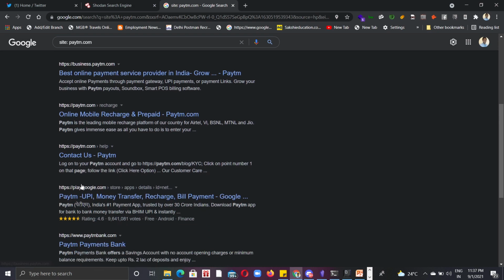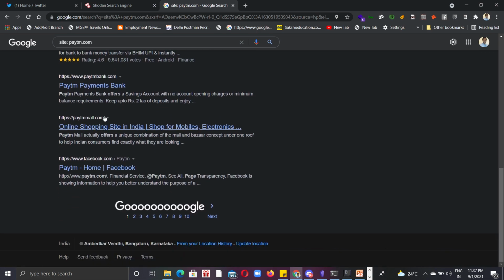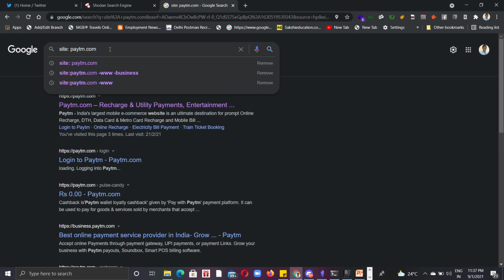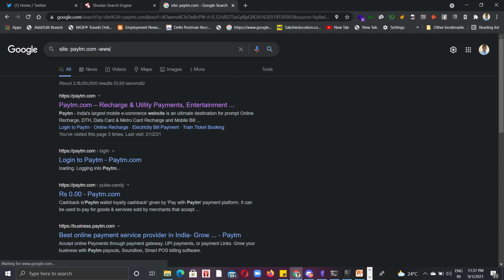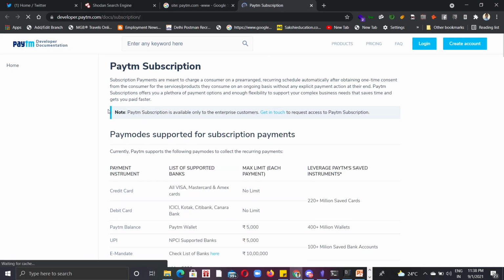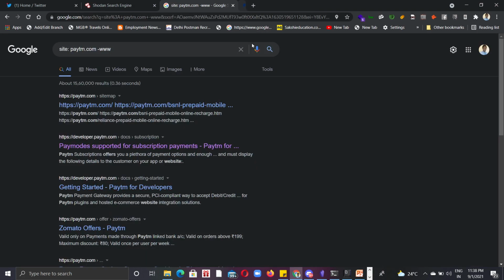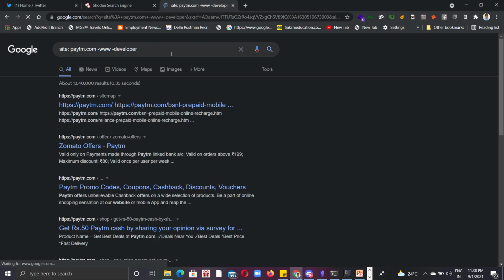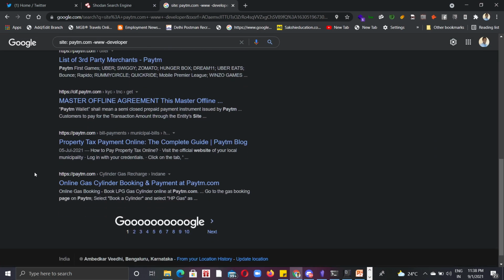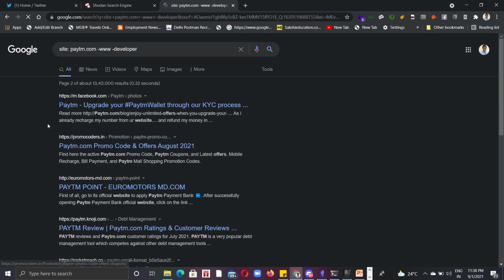This is one subdomain. Then paytmmall.com, right? If you navigate to different pages, you will see different subdomains. If you want to get rid of a subdomain, you can try this: say developer.paytm.com, you open this link, and if you see anything interesting, that's fine. If not, you can put a minus before developer and press enter, and then developer will not appear in the latest list. So you can drill down like this, and go to the next pages to see if any interesting subdomains are there.